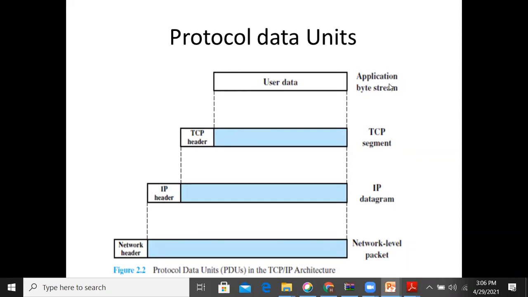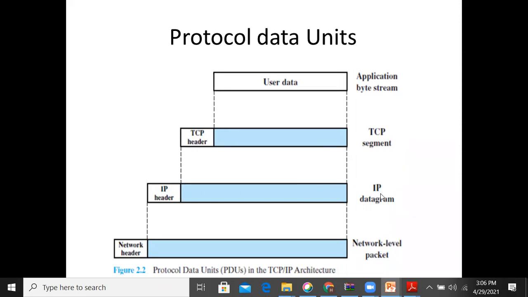At the application layer, user data is converted into TCP segments by adding the TCP header. The complete user data is divided into parts, and each part is one segment. For each segment you add a header. If you go for connection oriented, a TCP header is added. If you go for connectionless, a UDP header is added.